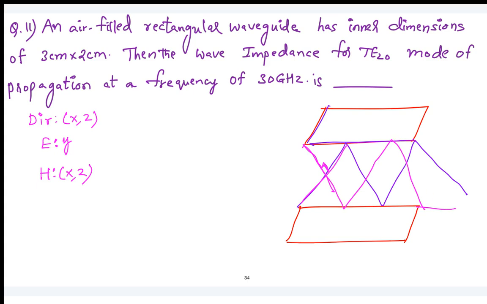Because you can see here, this is your Z axis and the perpendicular one is X axis. When I say transverse, it means no component at all, perpendicular to the actual direction of propagation. Even though the wave is propagating, ultimately it is advancing in the Z direction only, right? Yes, sir. Of course, even though the wave is taking a longer path, ultimately it is advancing in the Z